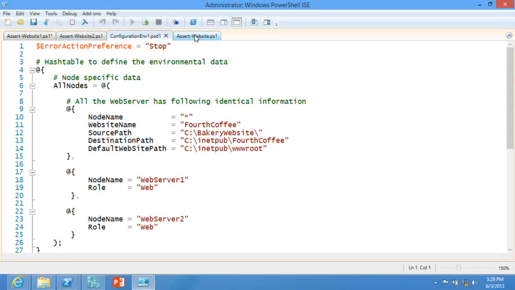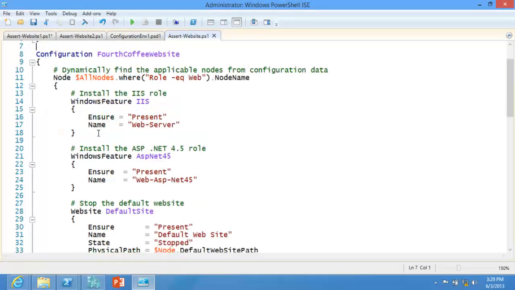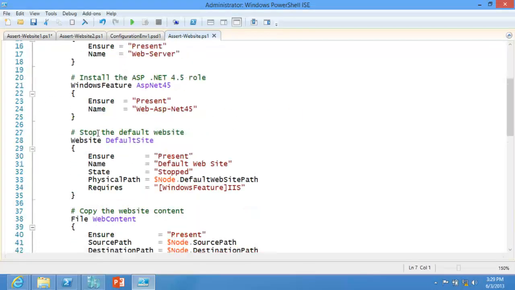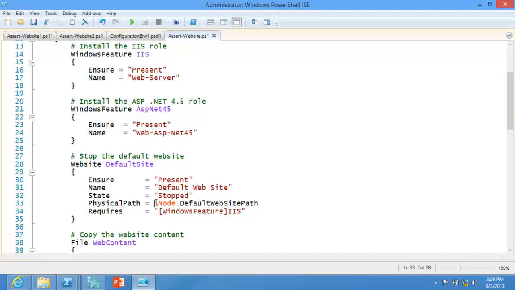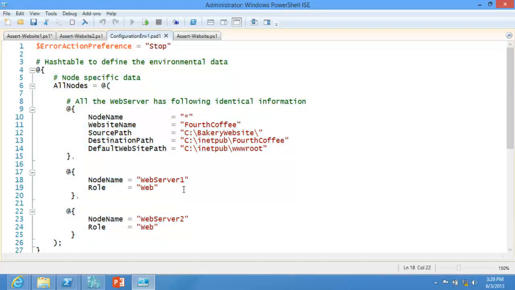And in fact, what that looks like then is right here, we have this ability to go through and just state, this is all the environmental configuration. Now it's a choice, right? Depending upon your environment, some things are structural, some things are environmental. We don't make that call, we just give the opportunity. And here on the Assert website, notice it's very similar to what we did before, except we have this thing called $node. We've hot-rodded.